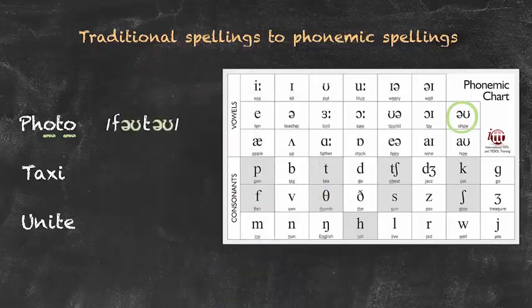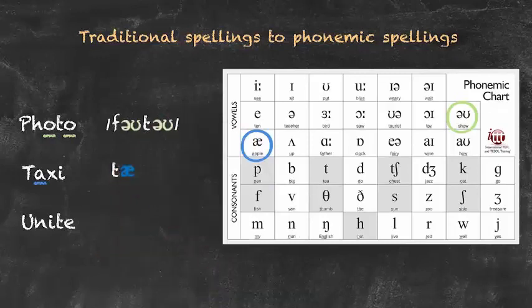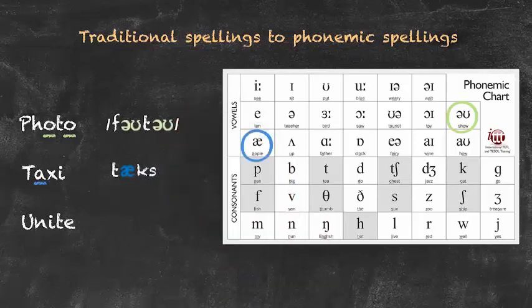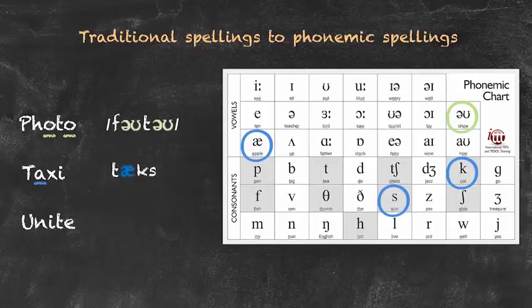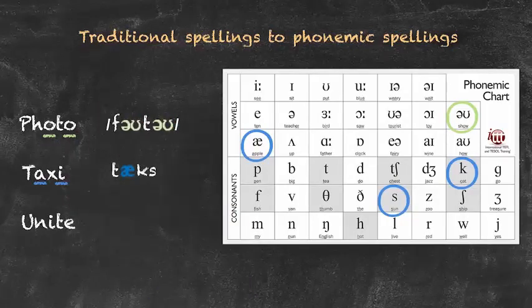Now we have taxi. We have t, as in the first sound. Then we have a, and we have to locate the vowel. And now we have the a symbol. The X here actually has 2 phonemes, the k and s. So we look at the k and s phonemes. And the last phoneme there, E, as in the long I sound,